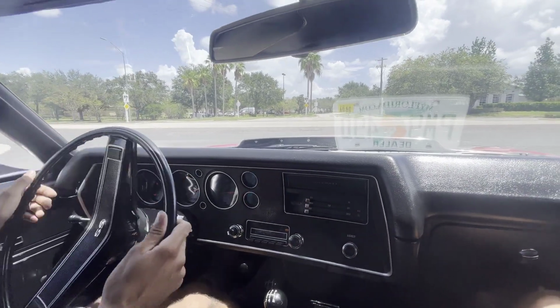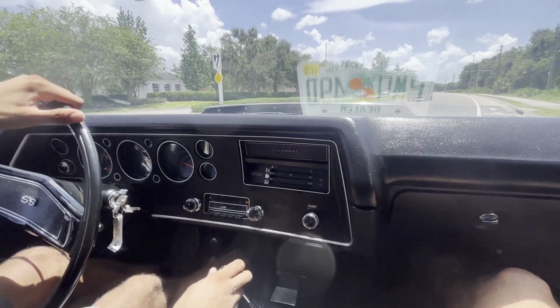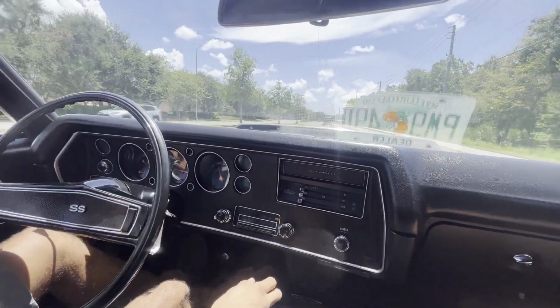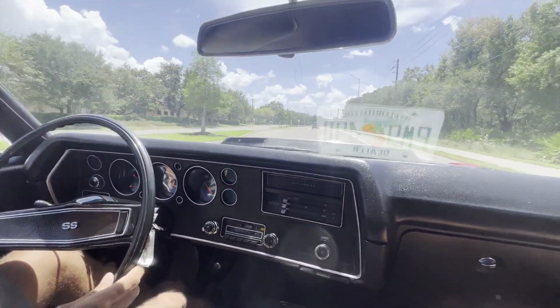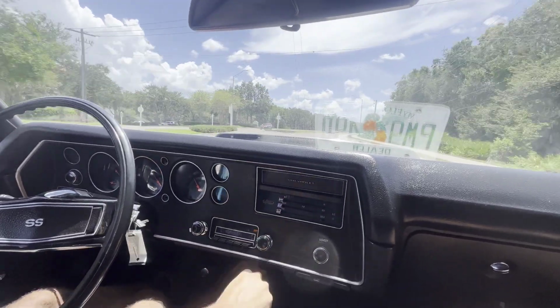A very fun car. Now another fun thing about this for your heat down here, we got the vintage air, so we can always keep cold during the hot times like today. Definitely a nice car. But anyway, we're going to get her turned around and get her back on the lift so you can take